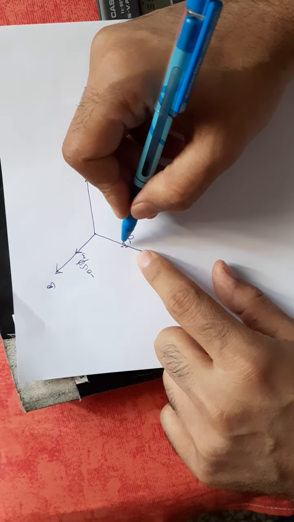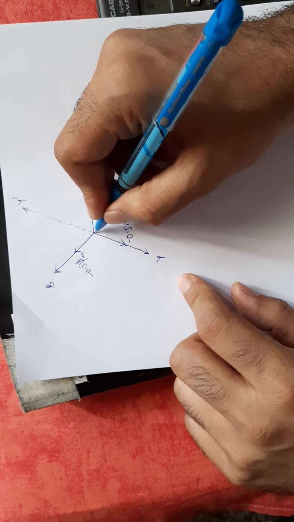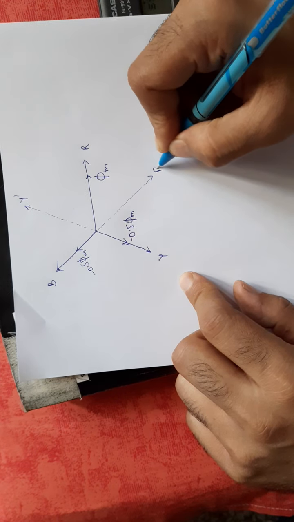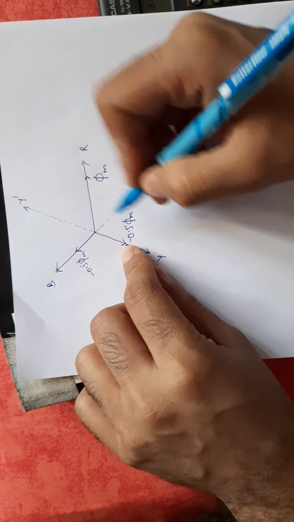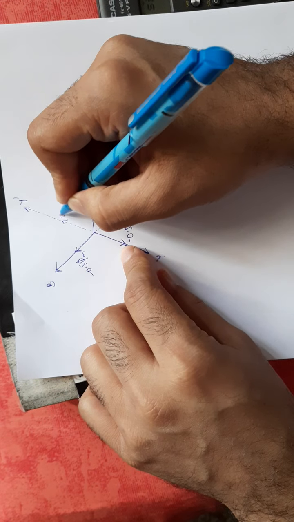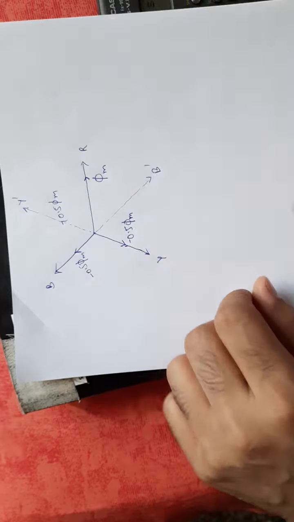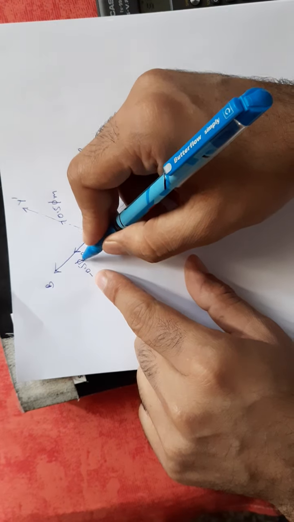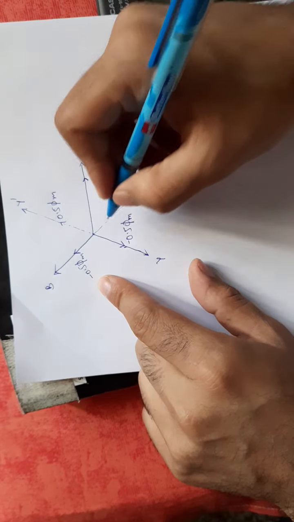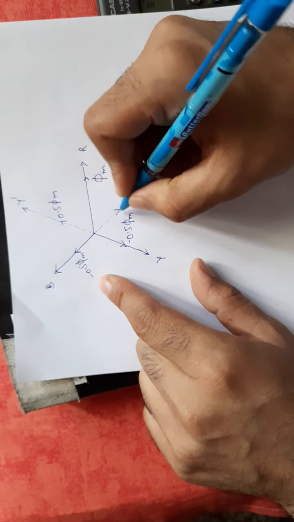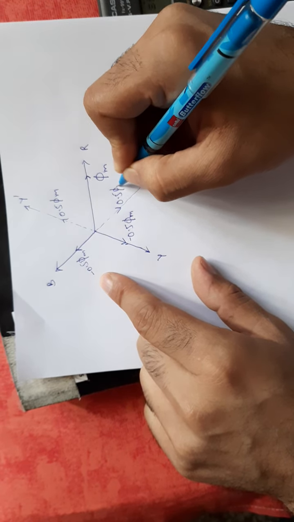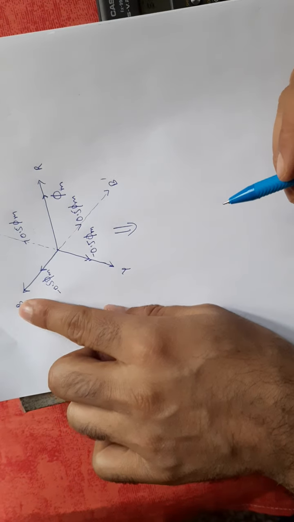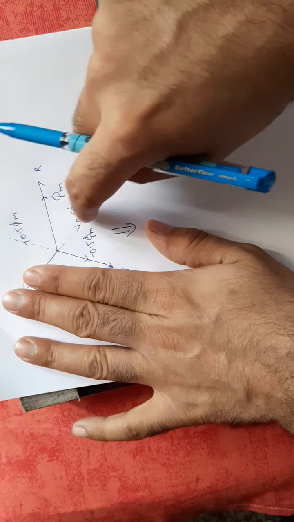If I reverse the direction, I am saying this is Y dash, this is B, and this is B dash. So this is minus 0.5 phi m, so this will be 0.5 phi m. And this is minus 0.5 phi m in this B phase, I will represent it here, it is 0.5 phi m. Now I will again redraw this here. Now instead of these two, I will use this and this.